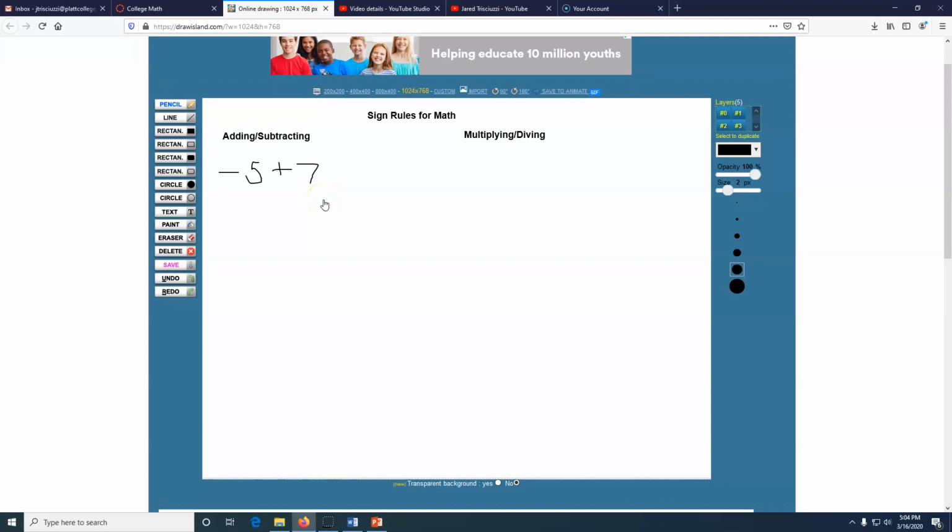But be careful with that because when you're adding and subtracting, the rule is that if the numbers have the same sign, you combine them, but if they're opposite signs, you always subtract. So here is actually the rule I want you guys to keep in your head: whenever the signs are opposite,